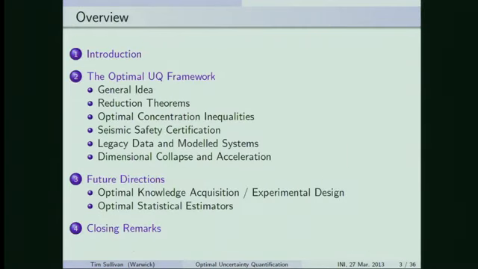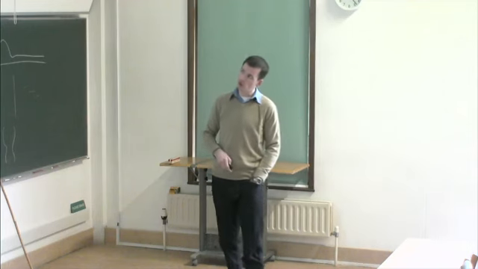And I'll begin by giving a bit of an introduction to what I want to talk about, the uncertainty quantification methods I want to talk about. And I should preface it all by saying I am under no illusions that any of this is real-time UQ. This is very much a design mode viewpoint on UQ.